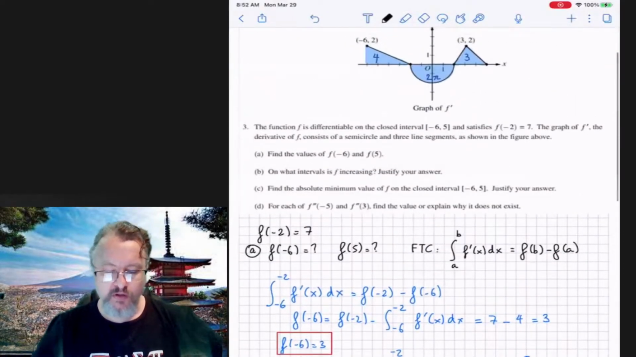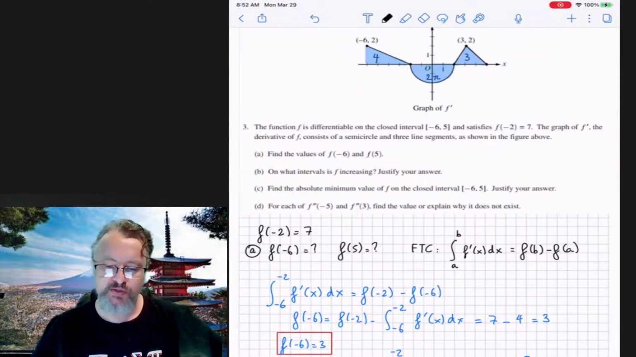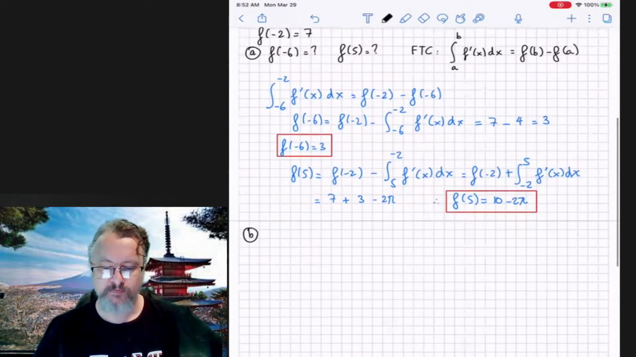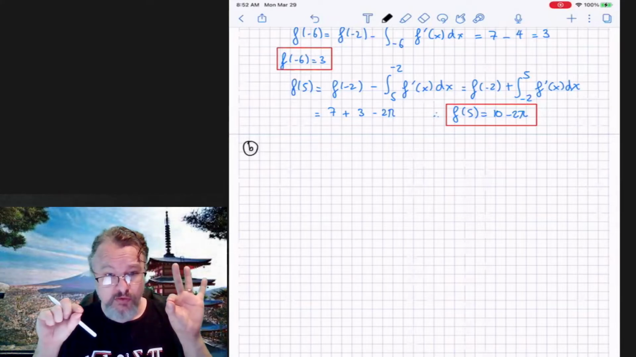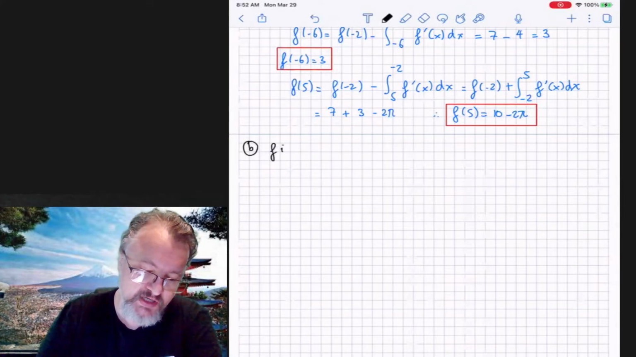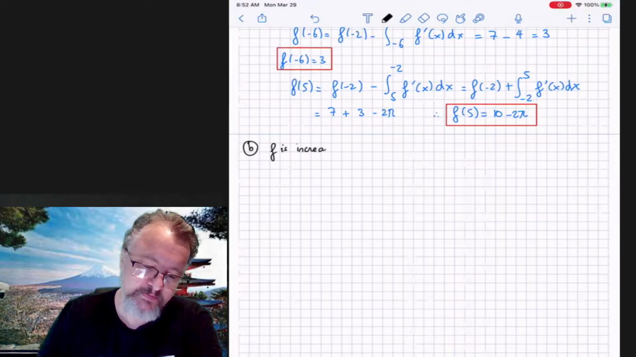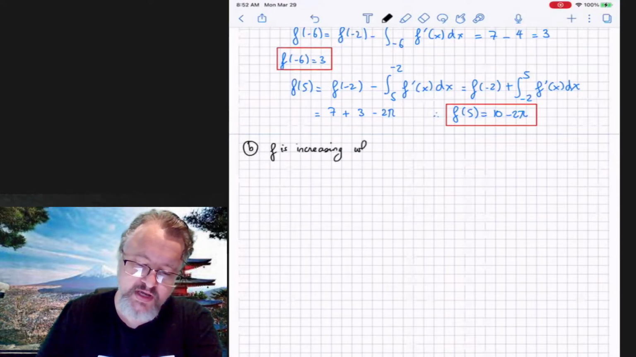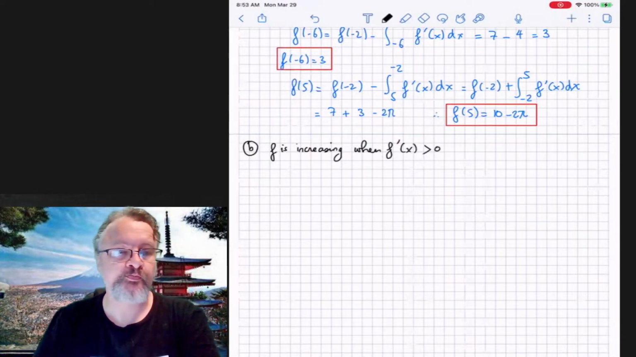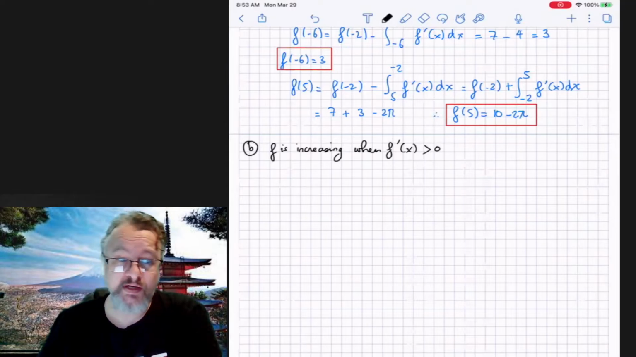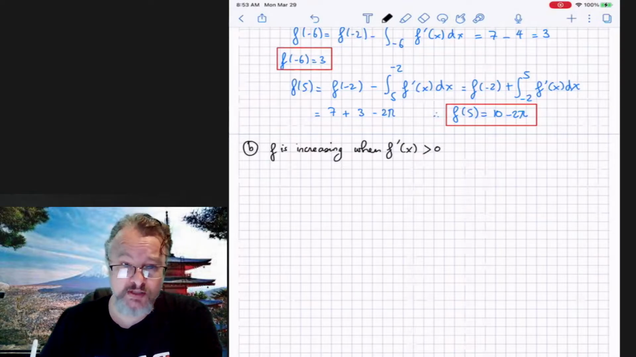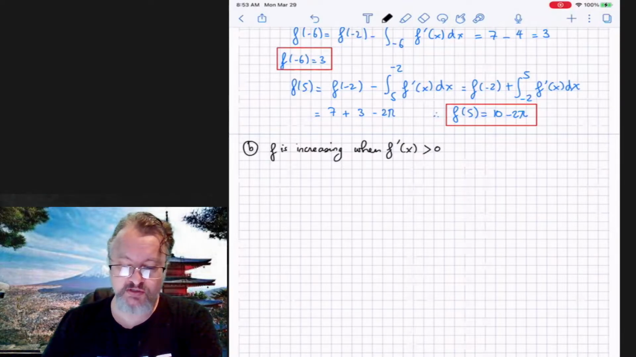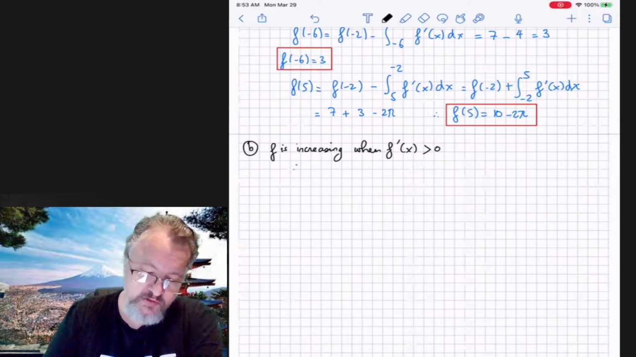Part B. On what interval is f increasing? Justify your answer. Okay, so whenever you have questions like this, my advice would be to first state the rule. So you would say that f is increasing when f prime of x is greater than 0. That's simple. That's the rule right here. F prime being the slope of f. If f prime is greater than 0, it's positive, then the function is increasing. Okay? Therefore,